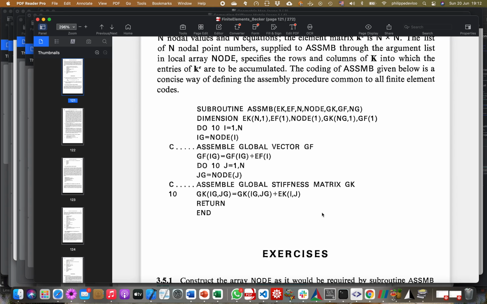I'm taking as an example here the assembly method of the code which has been published in the book of Oden, Becker, and Carey. So this is the assembly routine in the Fortran code. So for one given element in one right-hand side, given the number of nodes and the node vector, given the global stiffness matrix, the global right-hand side, and the dimension of the global stiffness matrix, for each node